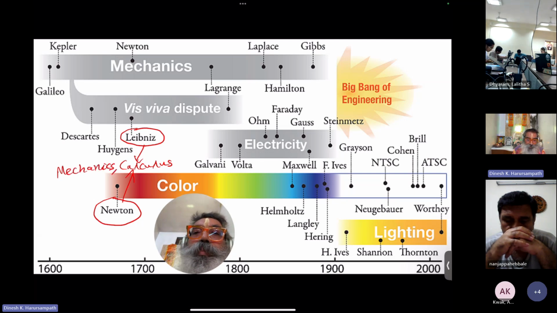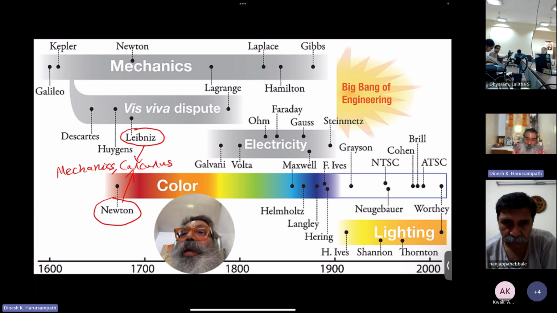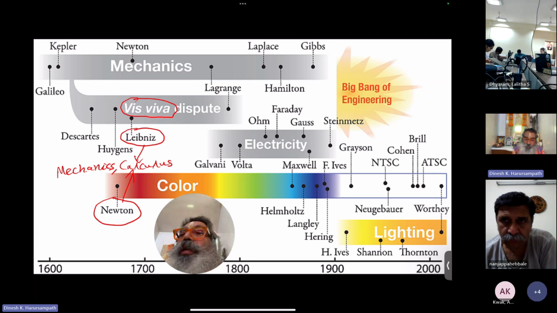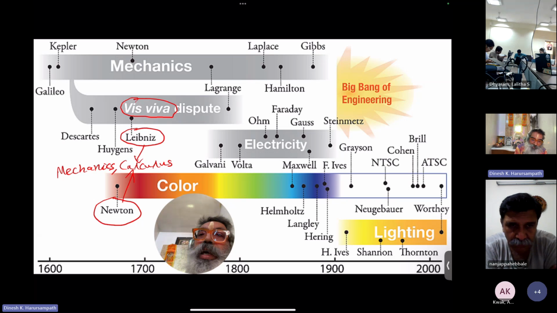Mechanics more from the perspective of Newton rather than Leibniz, but there's also a lot of theory which is to the credit of Leibniz, because at that time there was something called the vis viva dispute, which in Latin essentially means something which is associated with life force. So that's what it literally means,